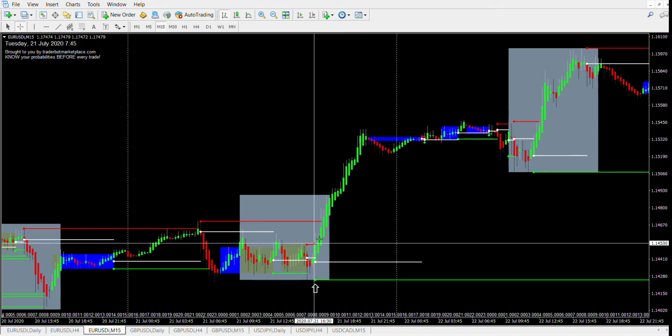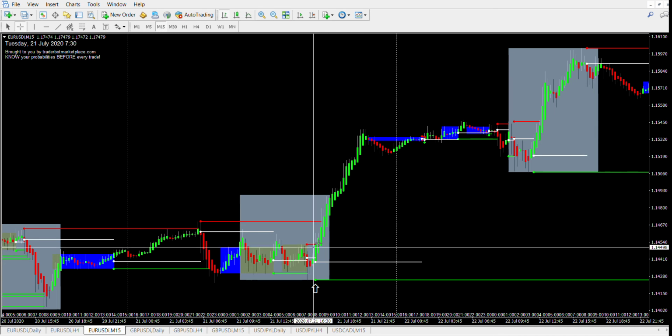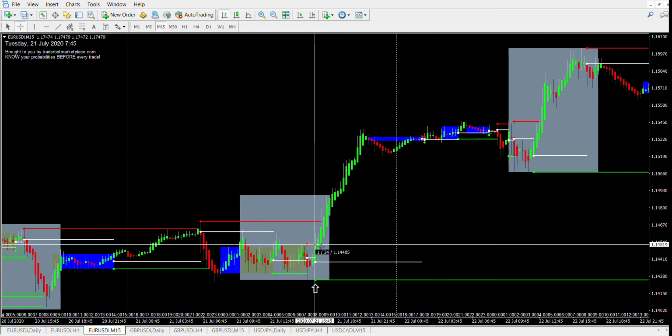I mean, this ATS system is just amazing, man. I mean, it's crazy. You can make so much money. So this was 26 pips. So we would try to at least get 50, right? So as you can see, boom, we would have got 56 pips, right? That would have been our stop. We probably would have opened up 5 positions here. So we probably would have made